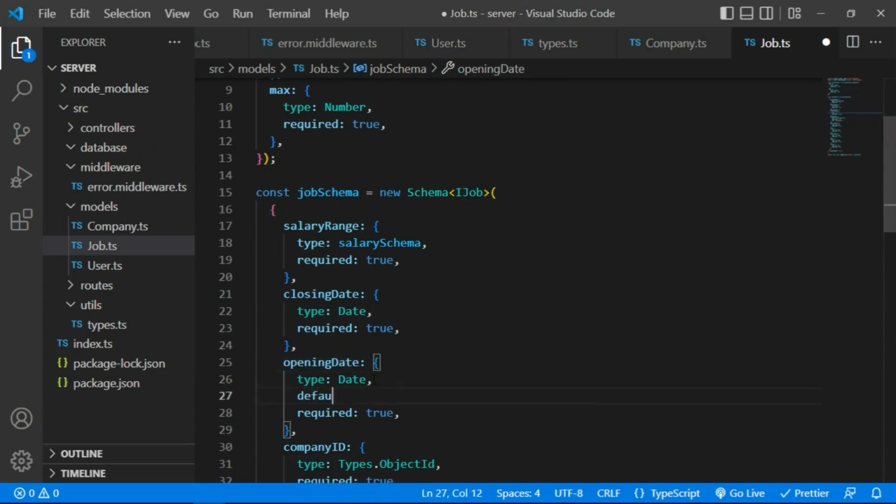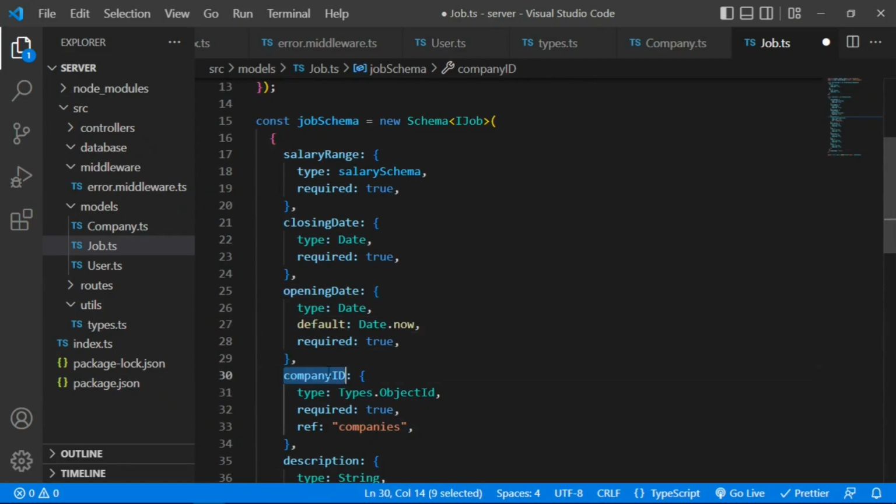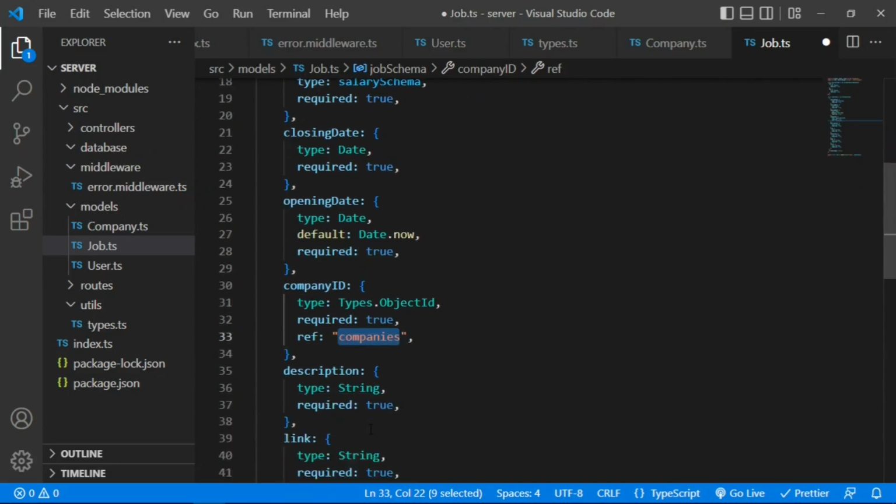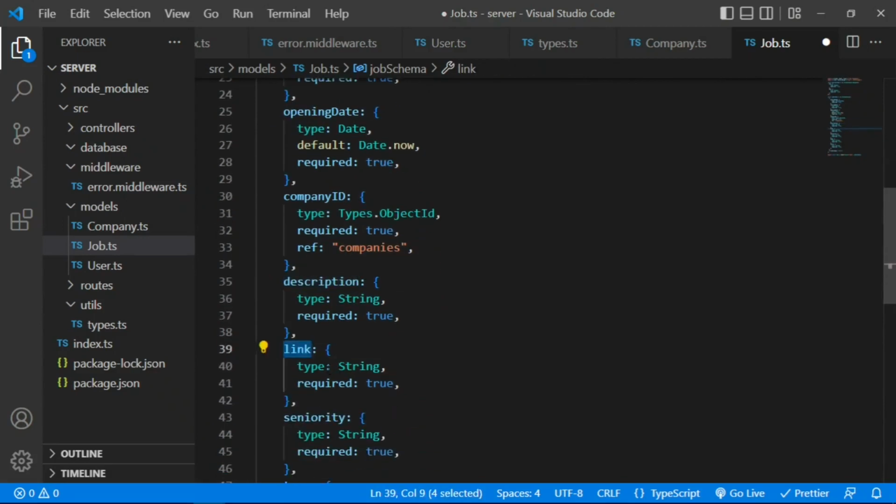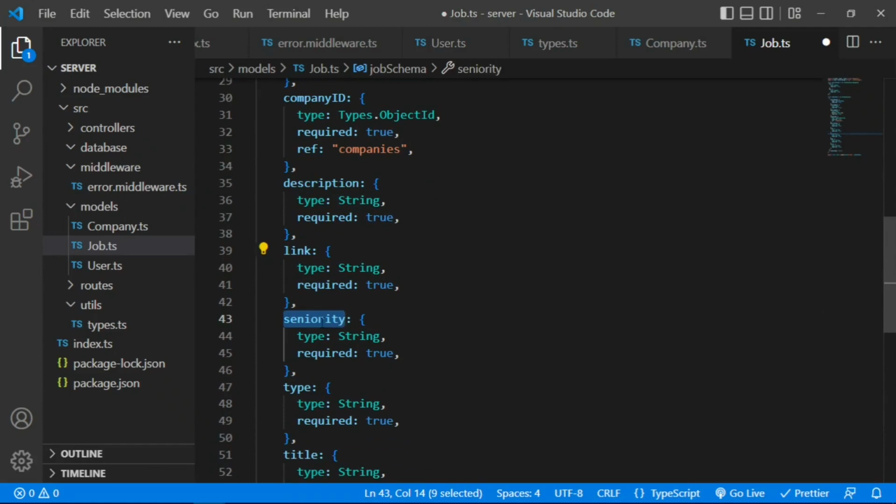And then we can say by default, if they don't provide it, we're going to say dot now. So we would assume the opening date is actually at the time they are posting this job, right? So we're going to have a default value here. And then the company ID is required, and it's referencing a company that is in the company's collection, right? And then we have a description of the job, the link to apply. And then remember in here,